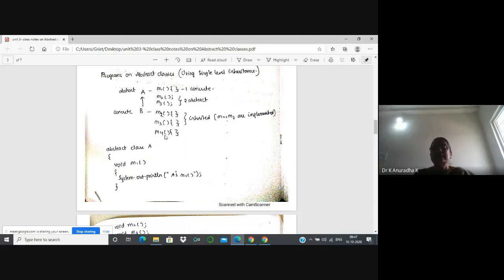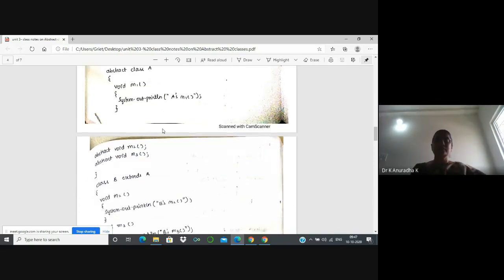Okay, next. And B can write its own method. This is only the inheritance concept. Okay, B can access all the members of class A and B can write its own members. That is, M4 is the own member of class B and M1, M2 and M3 are the inherited members. But for these two abstract methods, class B must provide implementation. If you understand this concept, now we can write the program.